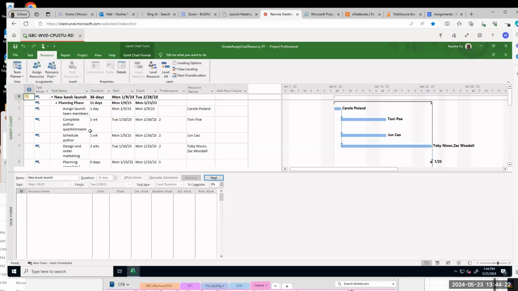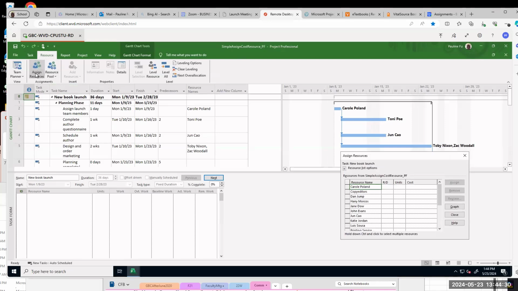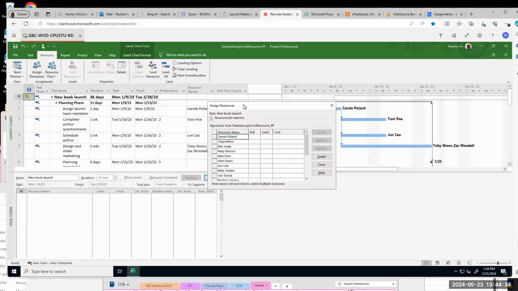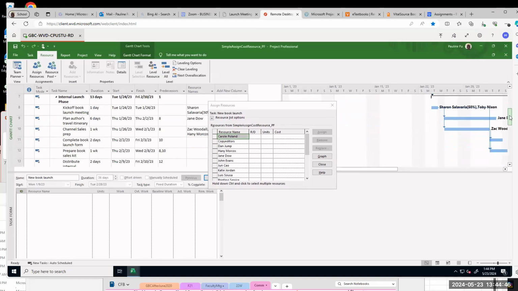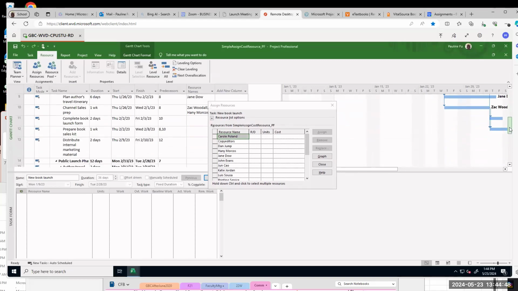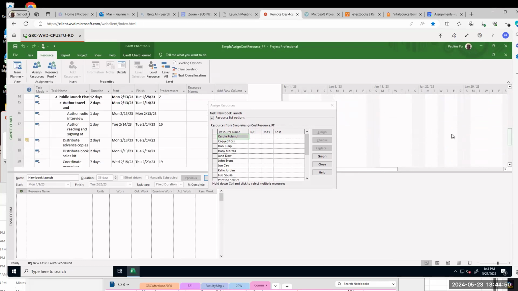So go to resource, assign resource. And select task 17. I have to scroll down. Assign only to task 17.